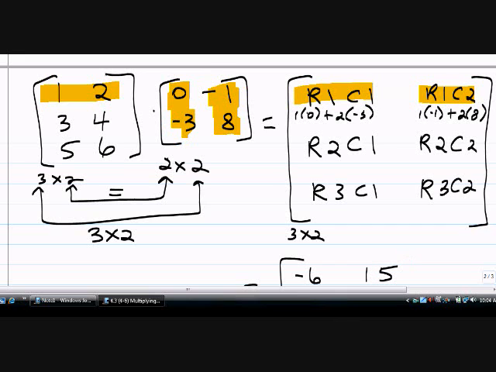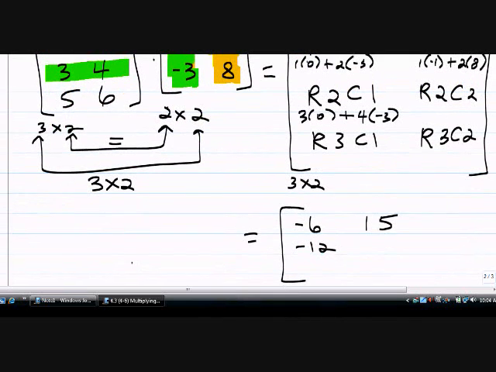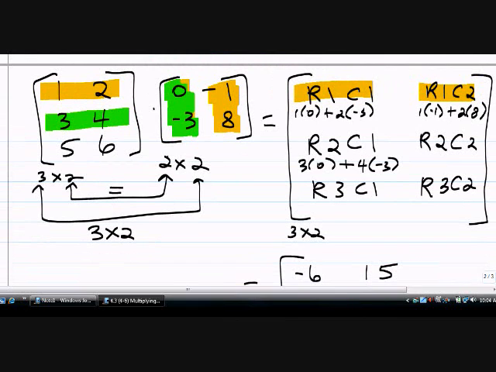Let's go for row 2. Row 2, column 1 is 3 times 0 plus 4 times -3, better known as -12. And row 2, column 2 gives me the 3 times the -1